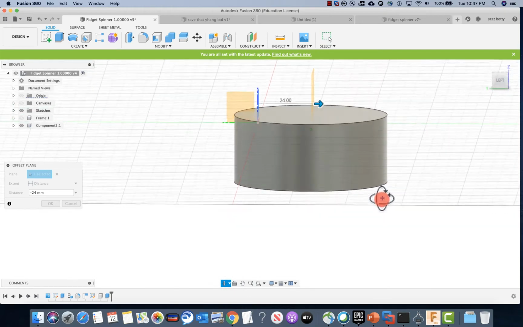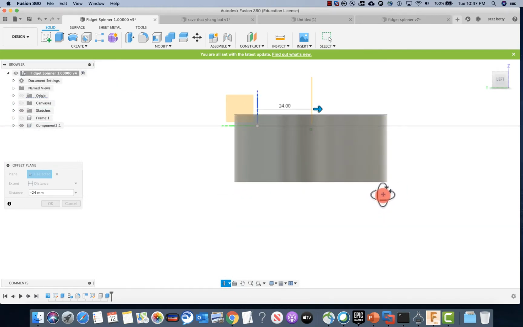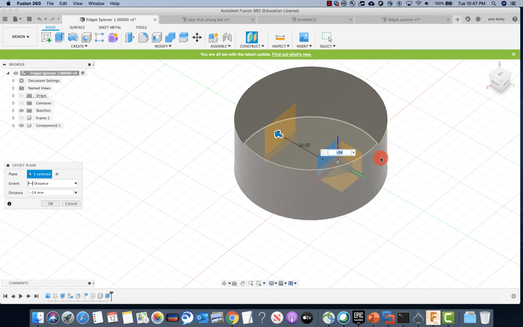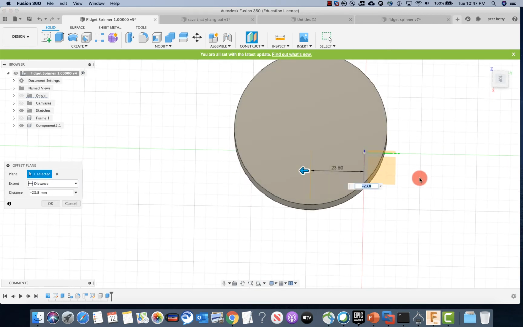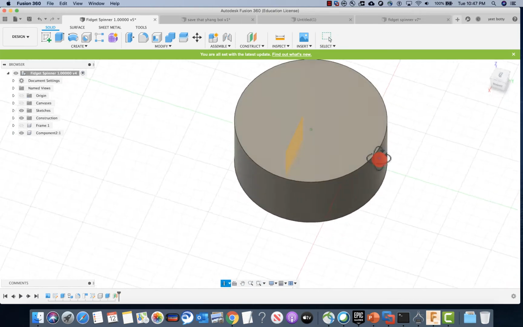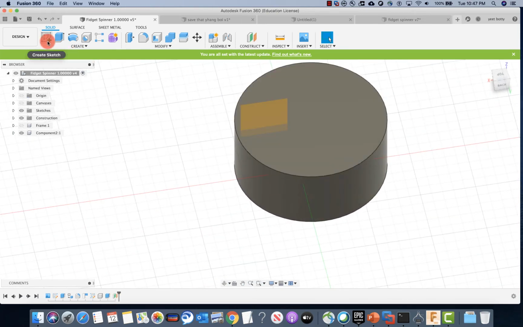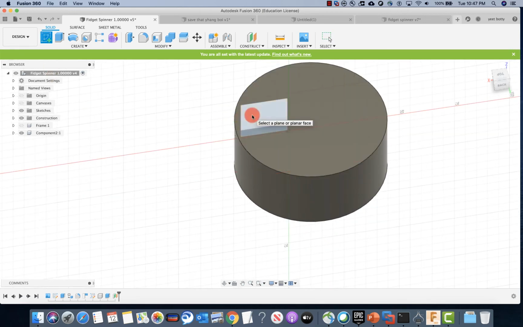Let's see if that is lined up. A little bit less. If you have a good approximate, that's good too. You go to minus 23.5 and more, minus 23.8. Okay, and that's perfect. Once you're done, you can press enter. Now that there's a plane in the middle, go to create sketch, choose this plane,